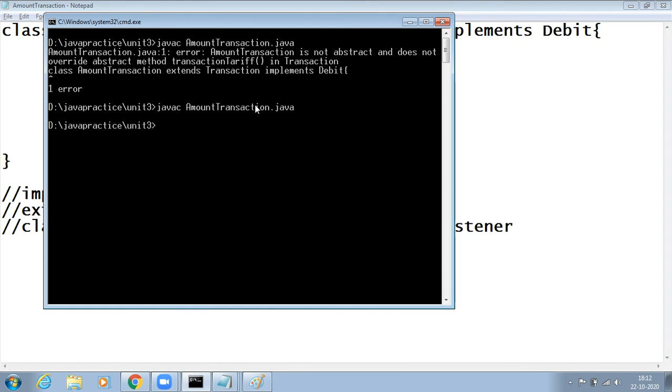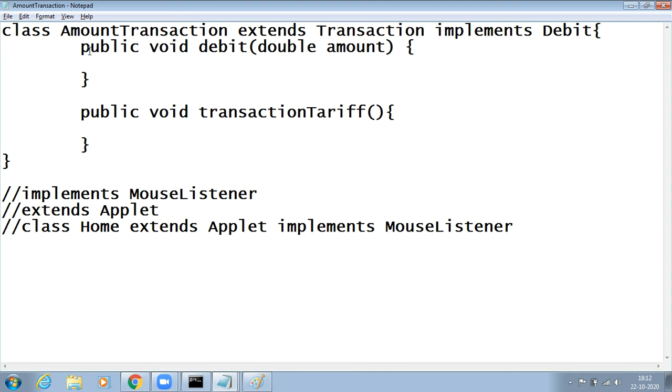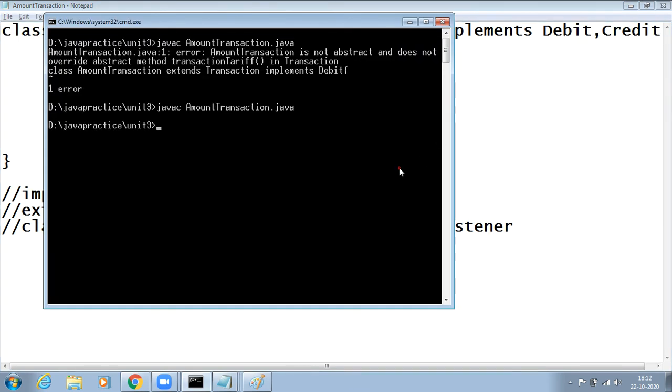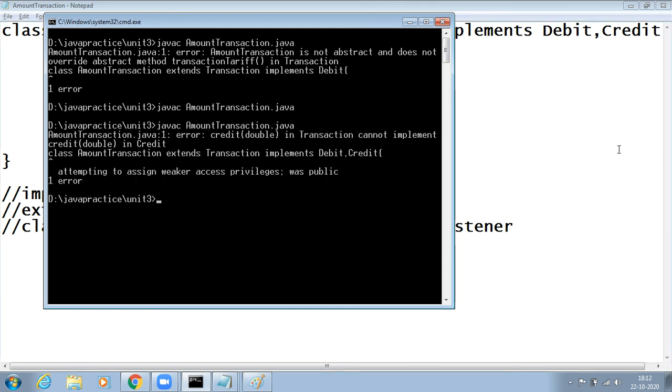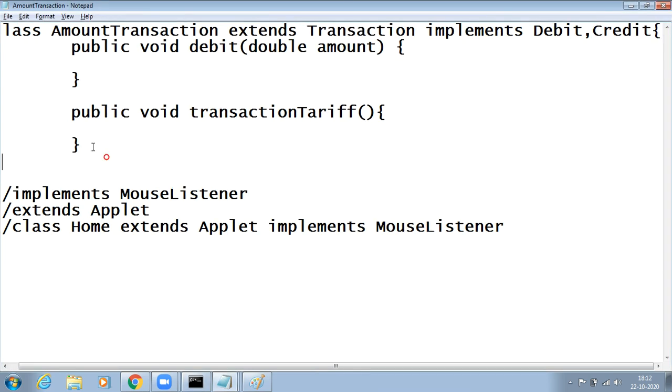See, now the error is gone because I have overridden two methods. One overriding method is from which one? The Debit interface, and the other overriding is from Transaction. Also, you can even say Debit comma Credit because Credit is also an interface, right? So whenever I again implement Credit, compile that, I get another error because Credit has again an abstract method I have to override.